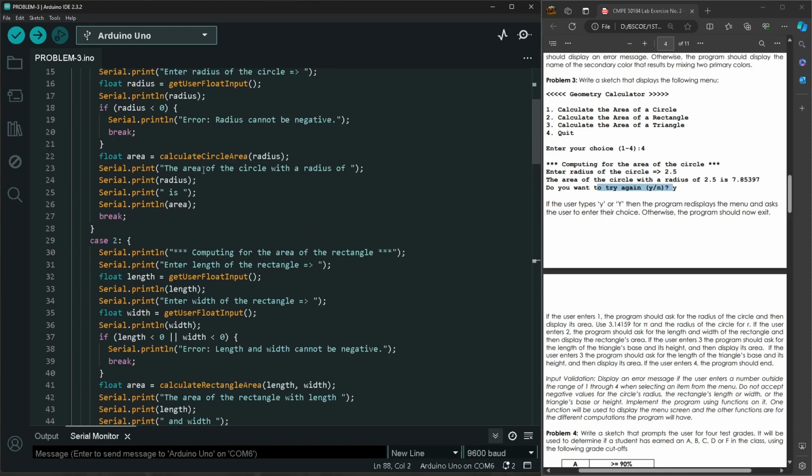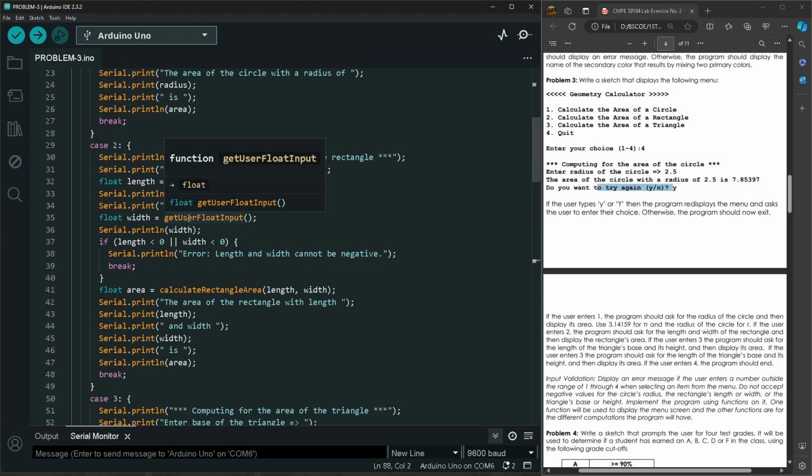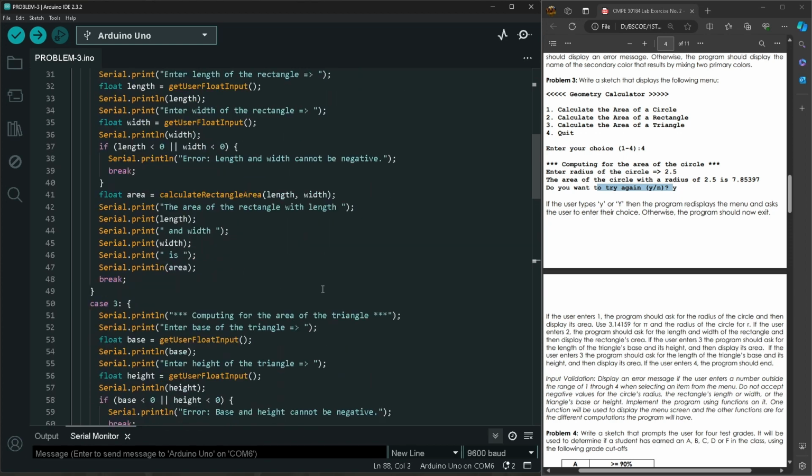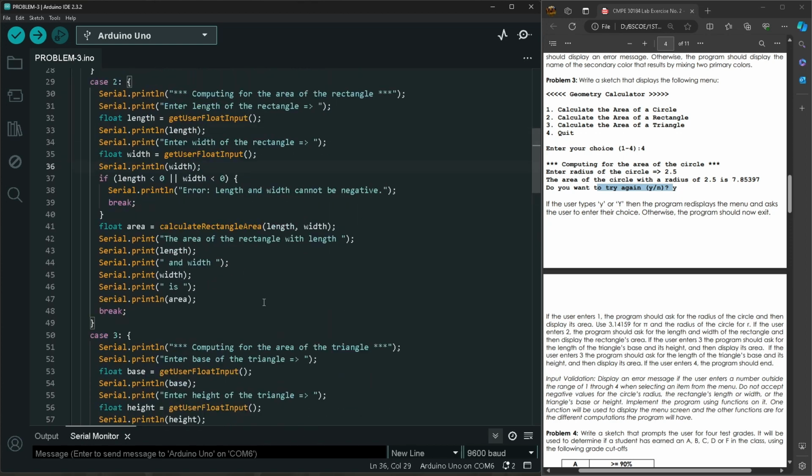So case 1 is basically the same backbone for case 2 and 3. The difference is that they have different calculations. As you can see, it's still the same. It prompts the user for the length or the width, the base or the height, and then it just gets the float,